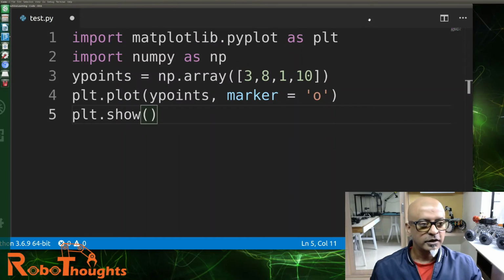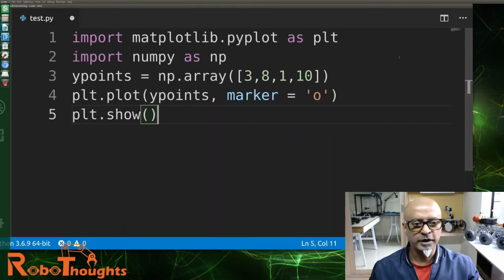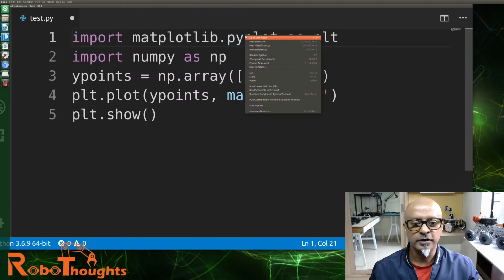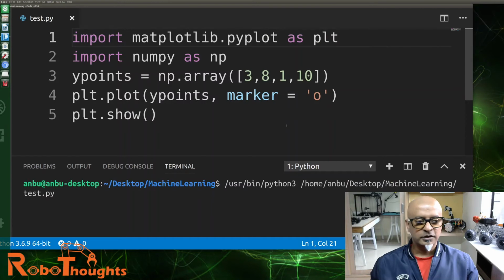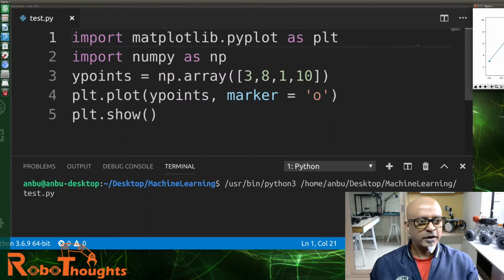Alright, let me run this program and see how it looks. Right click, run Python file in terminal, and there you go.